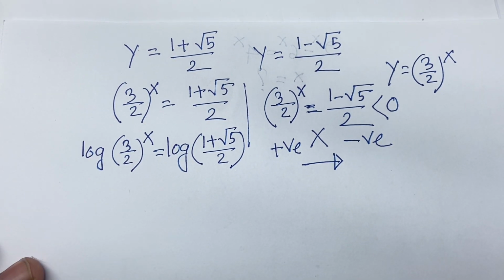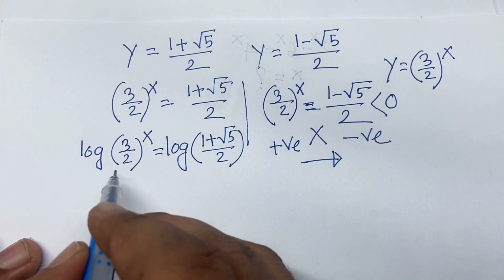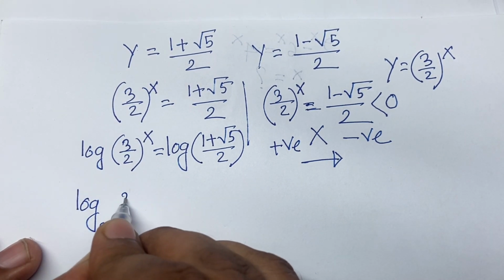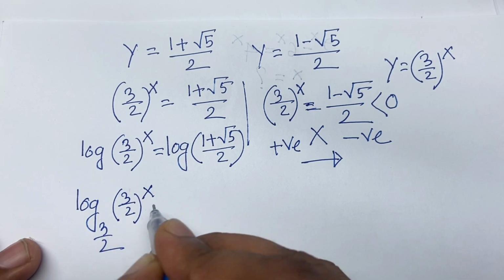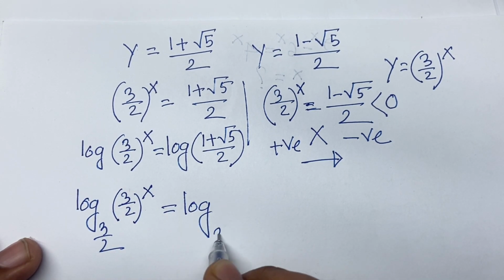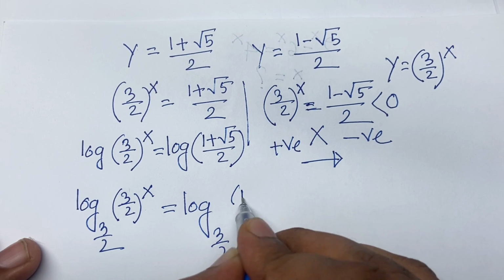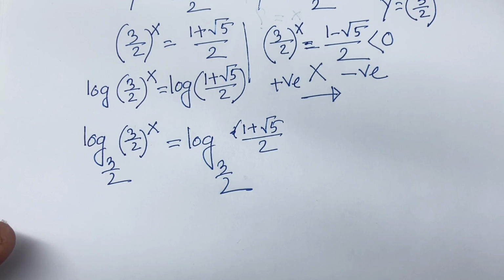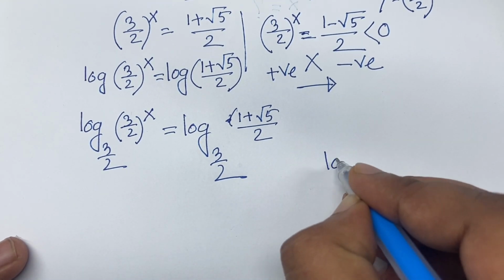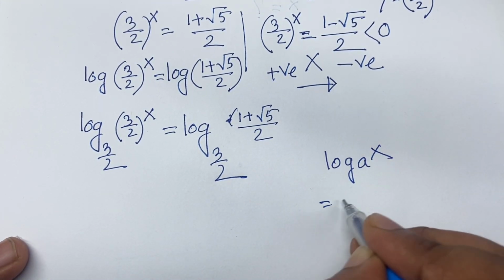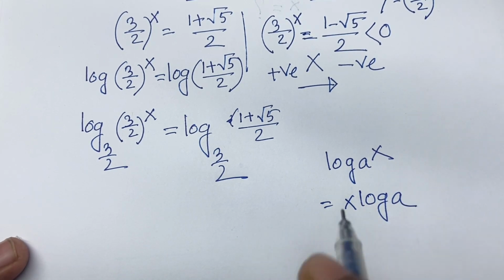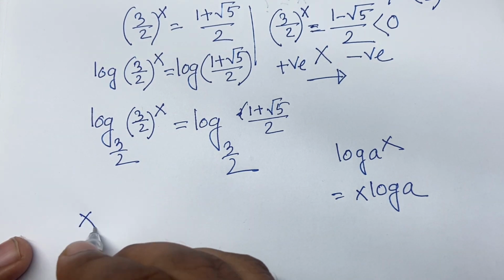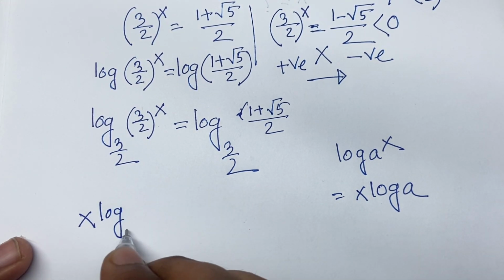Now I use base 3 over 2 on both sides, so I can say log base 3/2 of (3 over 2)^x is equal to log base 3/2 of (1 plus square root 5) over 2. Now according to logarithm rules, we know that log of a^x is equal to x log a. If I follow these rules, this x moves in front, so we find x log base 3/2 of 3 over 2